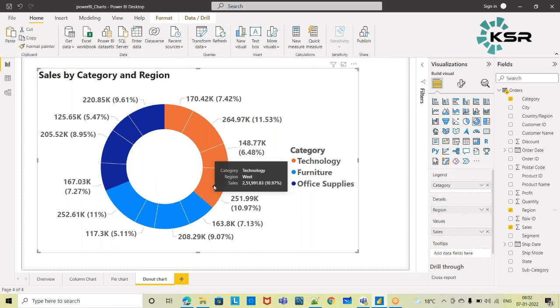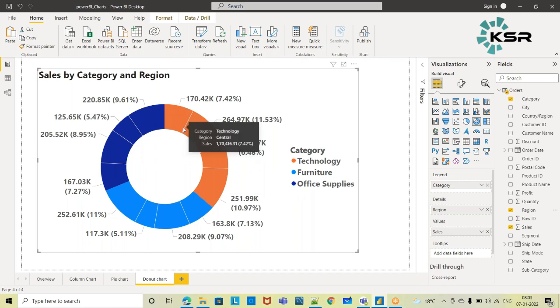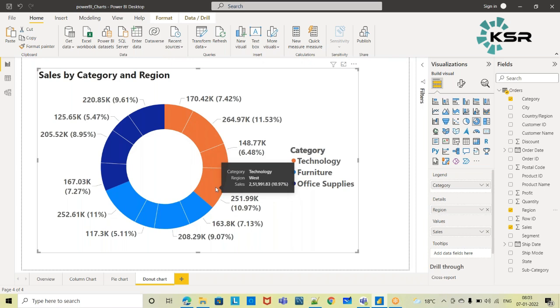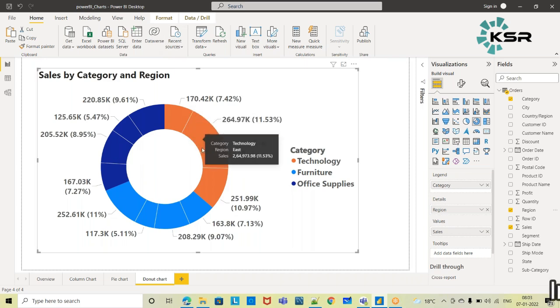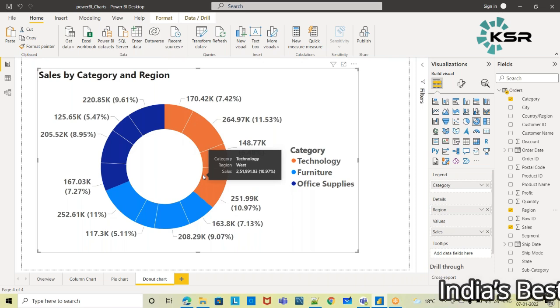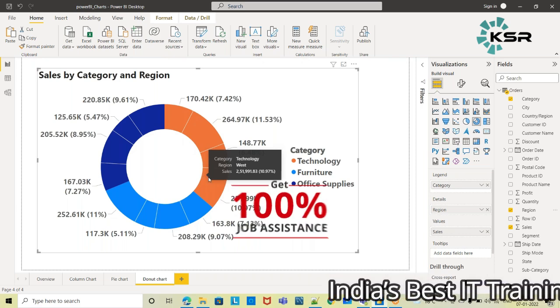So when I sum these percentages, it has to contribute to 100% with respect to the particular category called technology. But here whatever the percentages we are seeing, it is getting distributed across all the categories, and then it is giving the region wise sales, which is not my actual requirement.